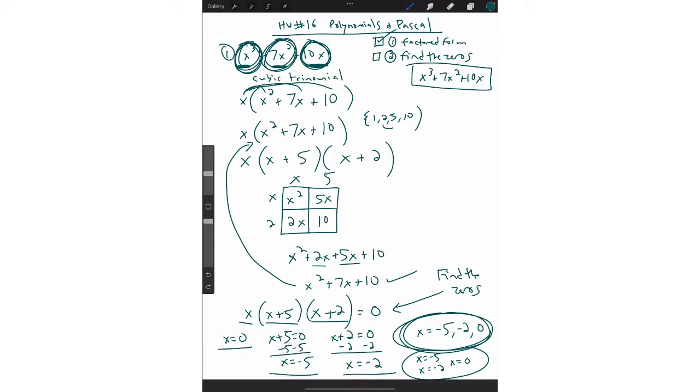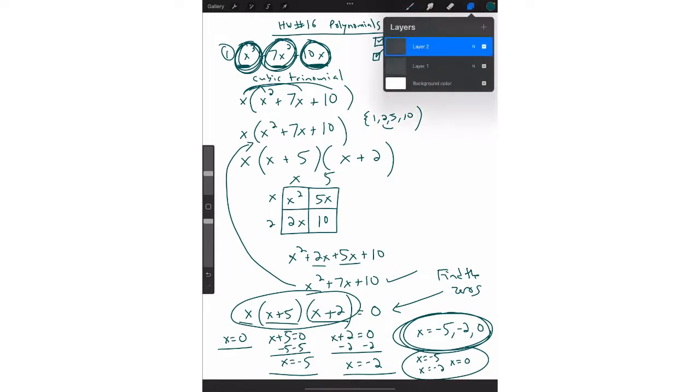So really, we've written it in factored form, right? This is what we eventually got down to in factored form. And then once we found it in factored form, we then found the zeros, right? So we're going to practice this a few more times, 3 more times to be exact, right? So we'll add another layer here, and we'll do number 2, all right? So if you're confused on number 1, that's okay. We're going to practice it. We're going to get this. So we'll start